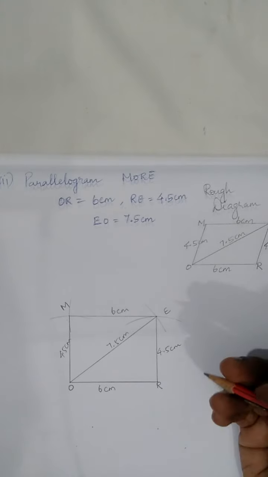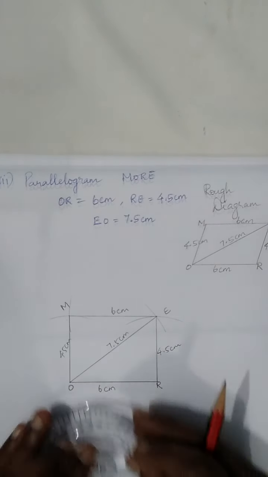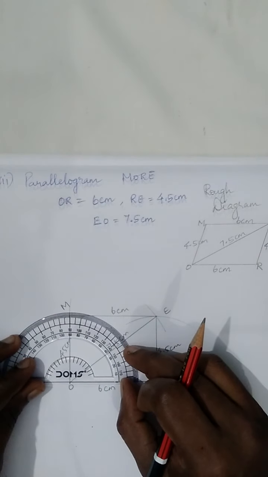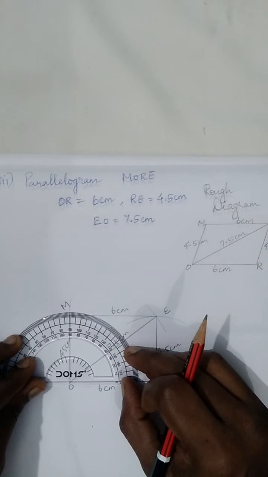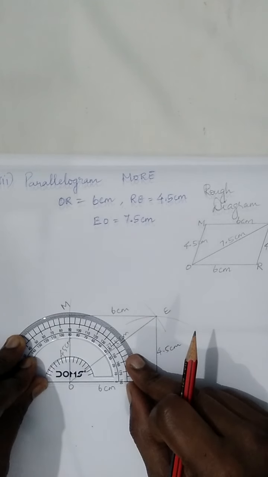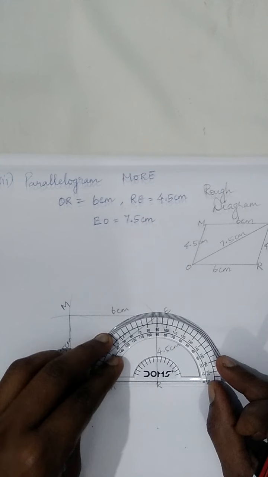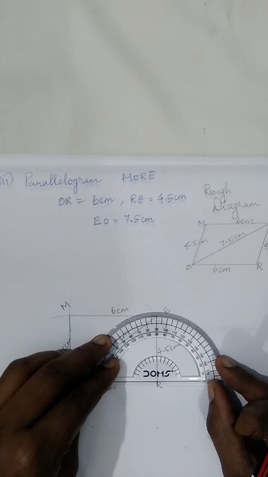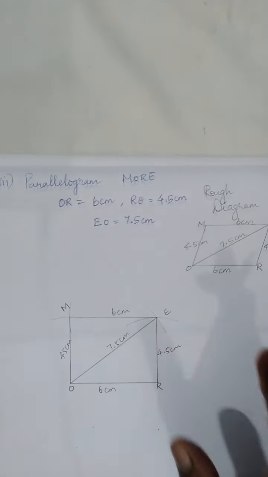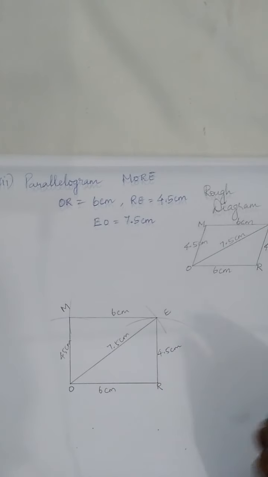And what type of parallelogram is this? It's a rectangle. Is it or not? To confirm, in a rectangle all the angles are right angles, perpendicular. Now you see, children, exactly 90 degrees you are getting. Likewise you can check here also. See, without using a protractor we constructed and we are getting exactly 90 degrees. So this is a parallelogram. What type of parallelogram? In the parallelogram family it's a rectangle.